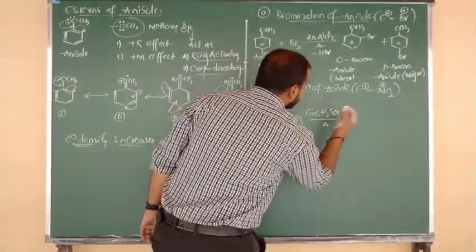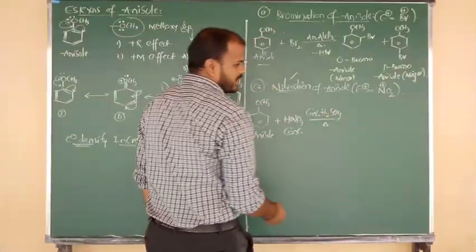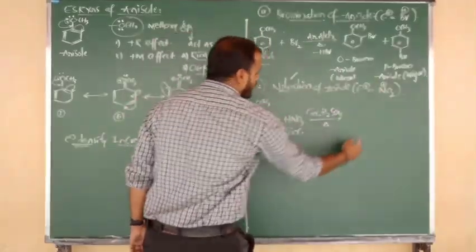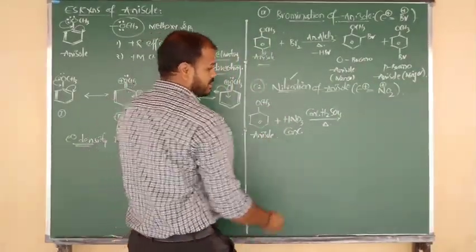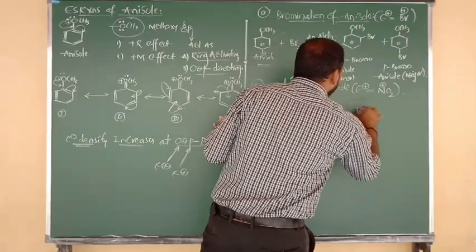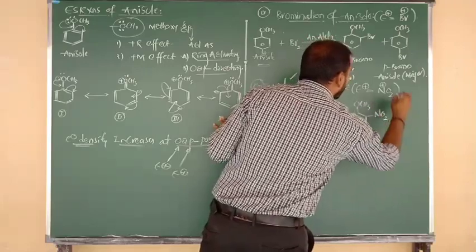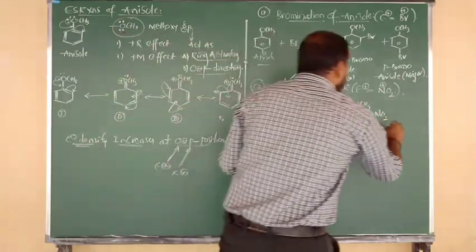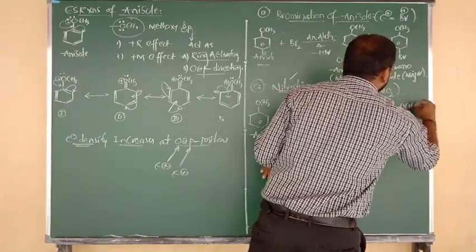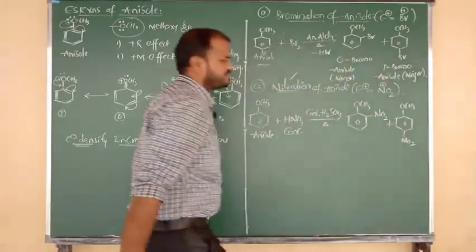Yes, a little bit of temperature also has to be used here, beta. So upon nitration, what product are you going to get? The electrophile NO2 attacks at ortho, and NO2 also attacks at the para position. So at a time you are going to get two products. Benzene bonded to OCH3, with the ortho place attacked by electrophile NO2. Again the same thing, benzene bonded to OCH3, anisole, with the para place, the opposite place, attacked by NO2.